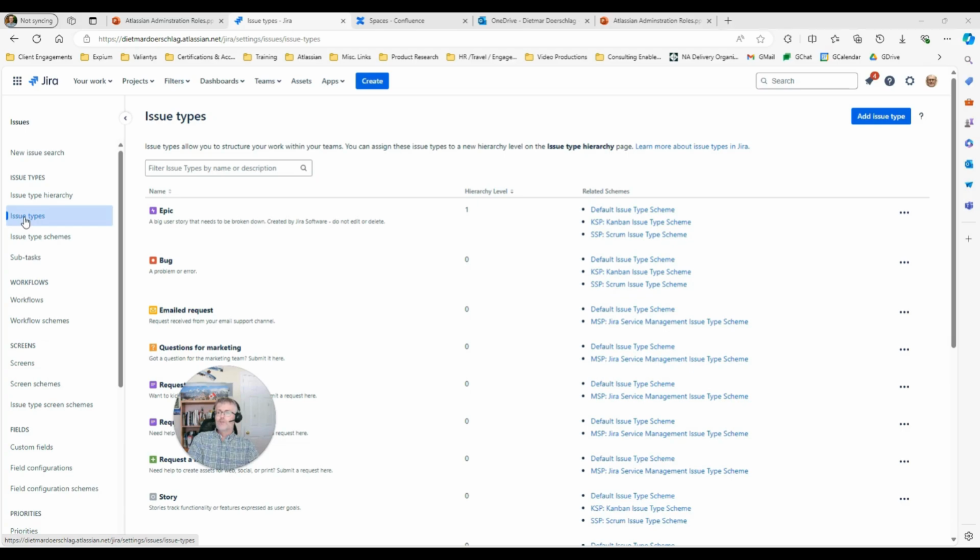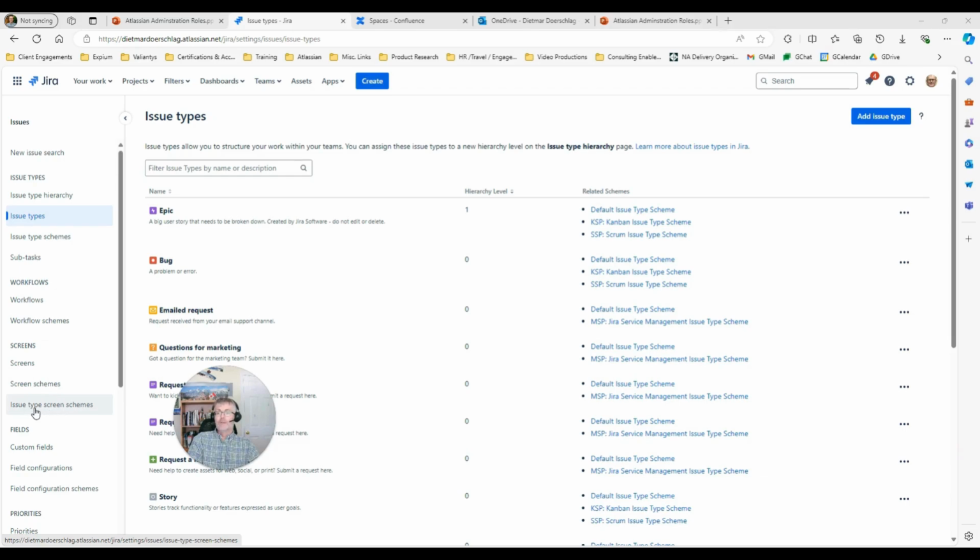The setup of issue types and issue type schemes, the definition of subtasks, whether or not subtasks are even allowed in your Jira instance, the setup of workflows and workflow schemes, which will then be mapped just as issue types into projects, the setup of screens and screen schemes, which are then mapped into projects,